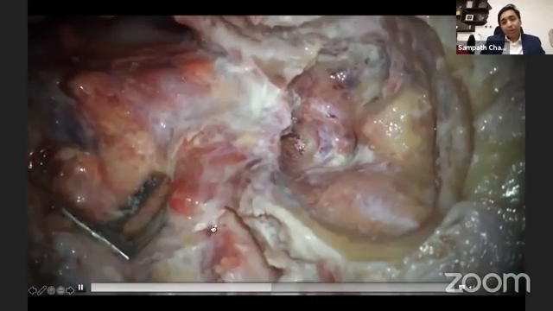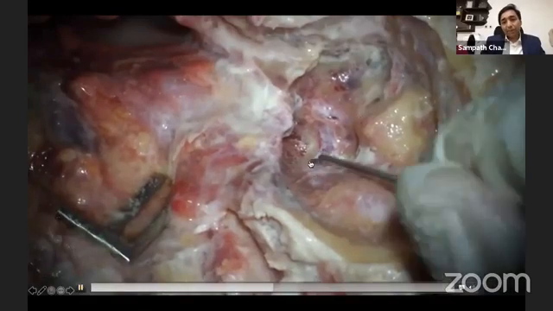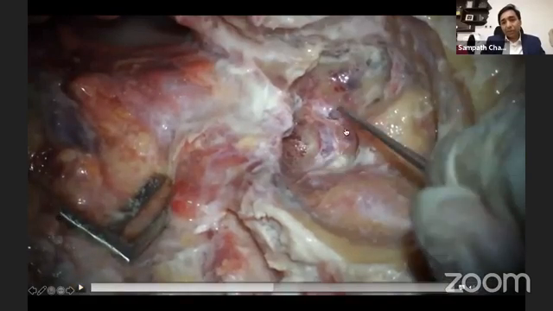Once you've drilled, now what have you identified? You've identified the jugular bulb. Okay, so this is the jugular bulb, this is the shadow of the carotid, the labyrinthine block is intact, the presigmoid dura is exposed, the sigmoid sinus is more or less exposed, postsigmoid and retrosigmoid are not necessary, but this is now the jugular process. This is the area you'll have to drill out to get into the deeper areas.